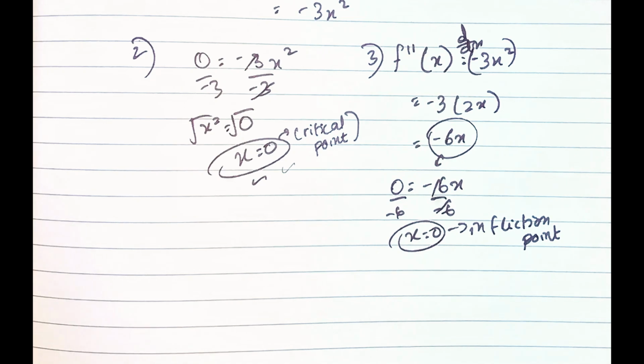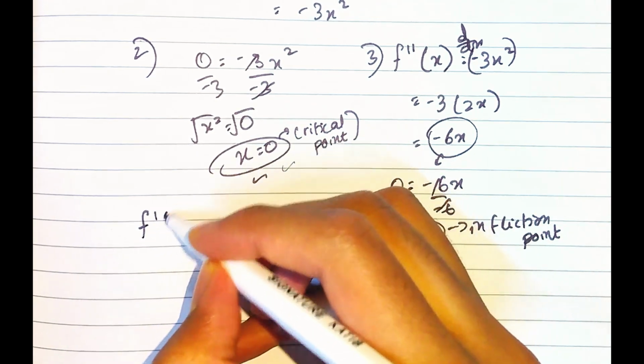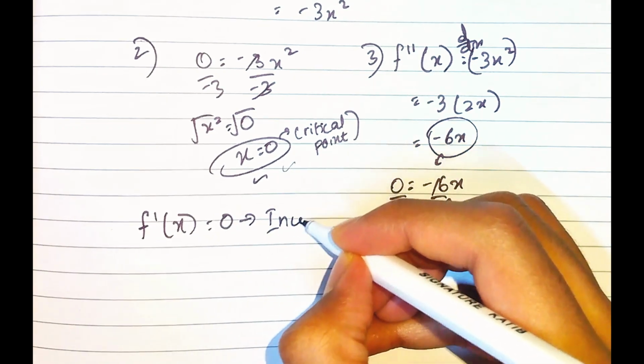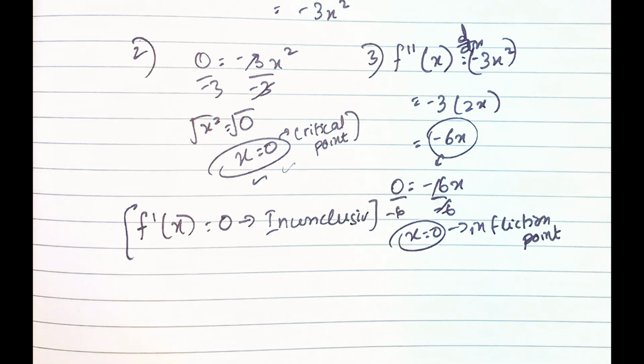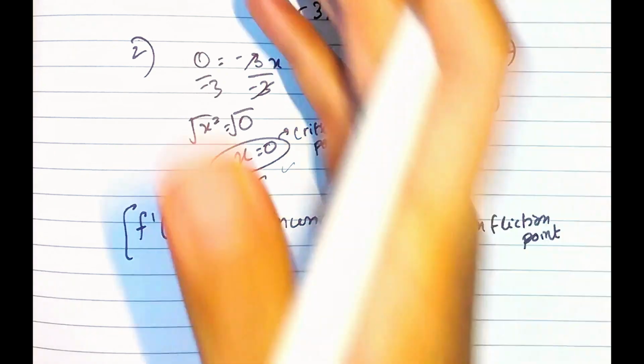And when something is equal to 0, I told you in the previous lecture that when the second derivative of x is equal to 0, this condition is known as inconclusive. So the result is actually inconclusive. We are unable to calculate the relative minima or the maxima from this second derivative test, or you can say the concavity test. You can put this value of x equal to 0, the critical point, into the original